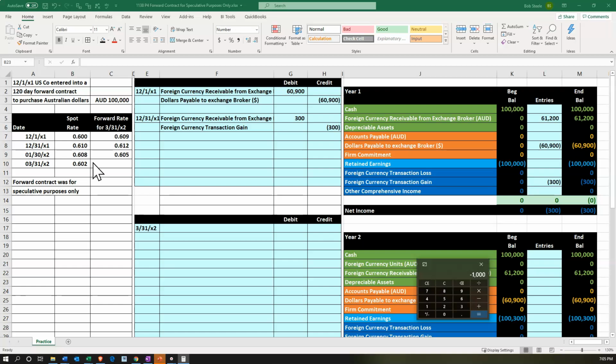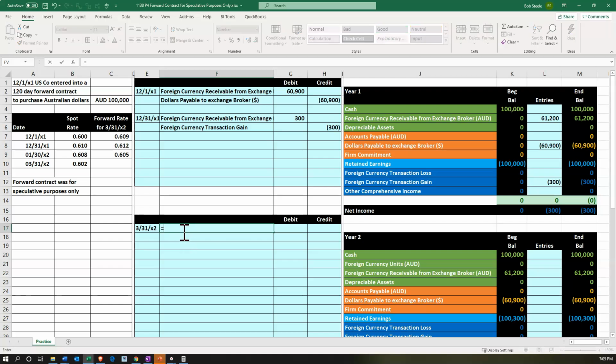per 1 Australian dollar. Therefore, the Australian dollar has gotten weaker. We're going to get paid because it's a receivable in Australian dollars. So we're going to get paid in something that is now weaker. And that means we have a loss. So we're going to say, all right, we got a loss here. And this is going to be equal to